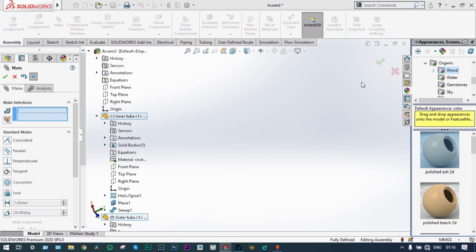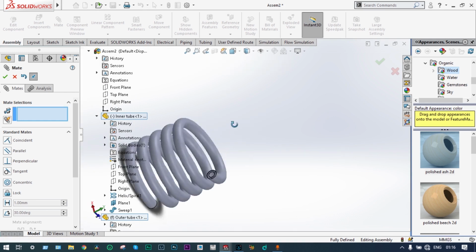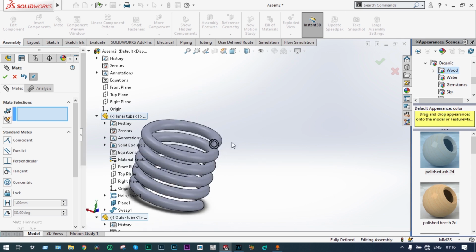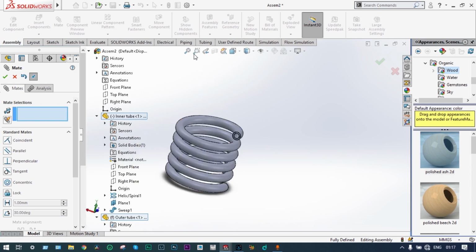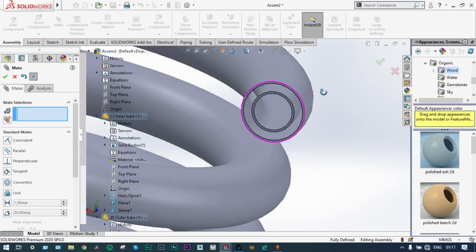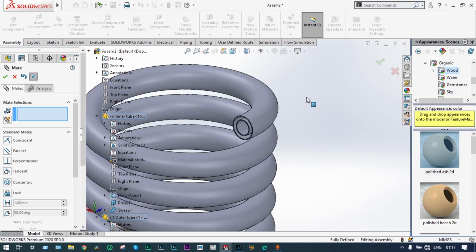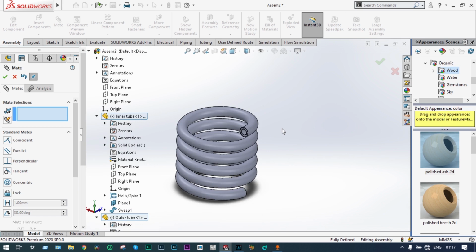It is done. So all the 3 constraints have been satisfied, and we can see our assembly. This is our assembly, right? Done. You can see the mating faces, right? This is our assembly. Perfect. Now what we'll do is we'll change the material,